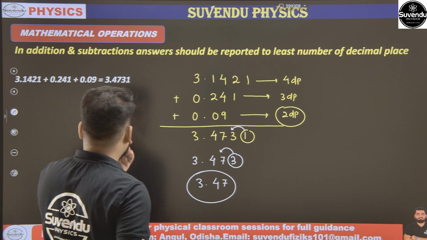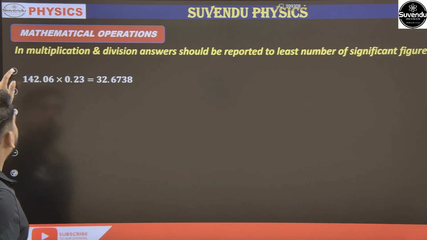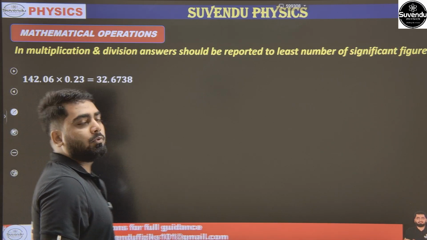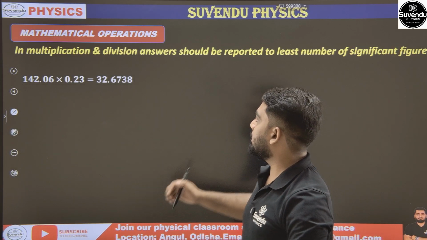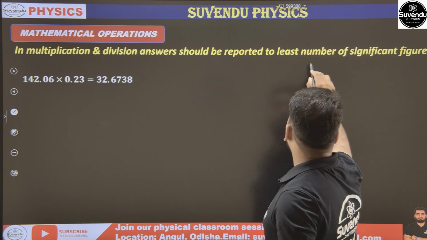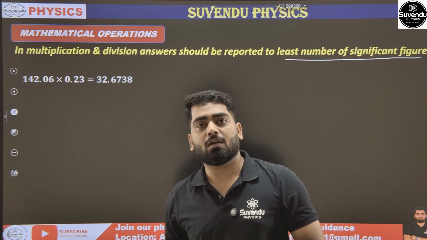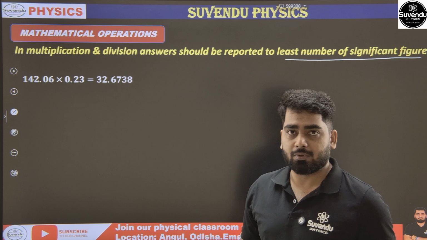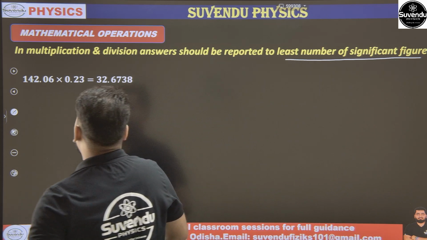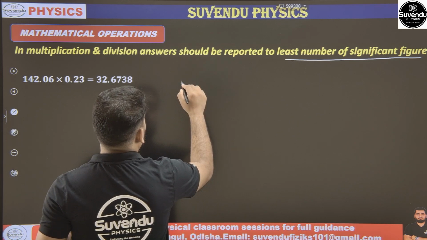So next is our multiplication and division. What we have to focus? In multiplication and division, remember answer should be reported to least number of significant figures. So we have completed the significant figure content in our session number 7. So go through that content. So question दे रखा है, देखो